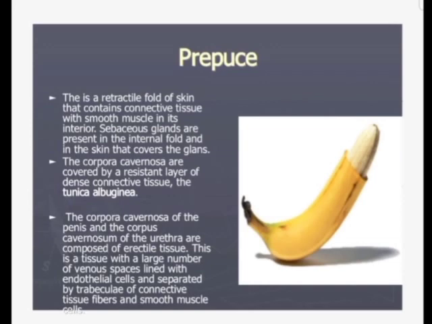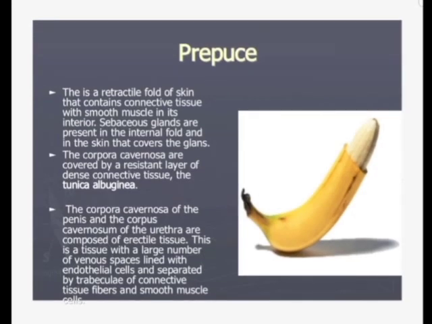The prepuce. The prepuce is a fold of skin that overlies the glans penis. It consists of connective tissue containing smooth muscle fibers and is covered by a very thin epidermis. The inner surface of the prepuce in relation to the glans is moist and non-cornified. On this surface and on the glans as well, there are a number of modified sebaceous glands known as the glands of Tyson. So in the case of circumcision, we remove the prepuce.